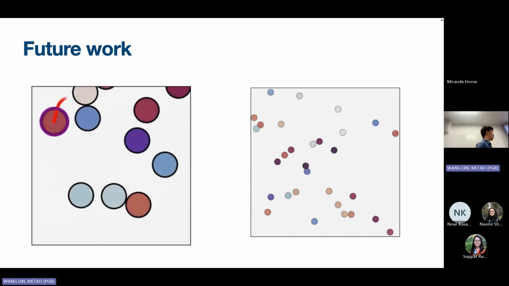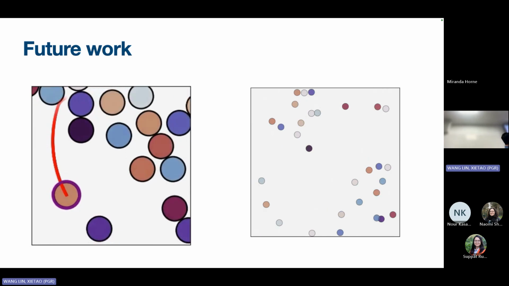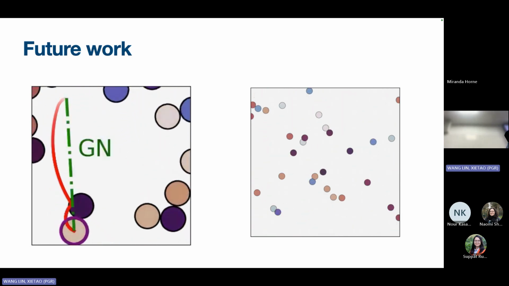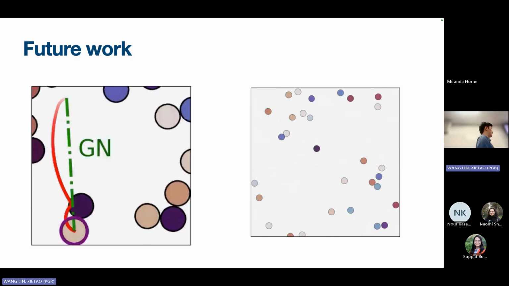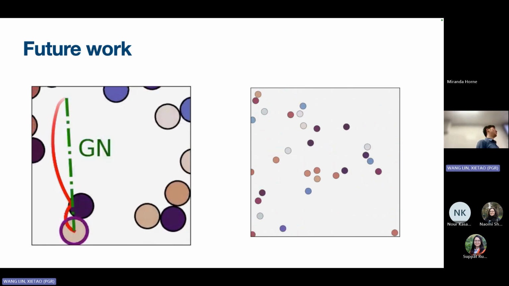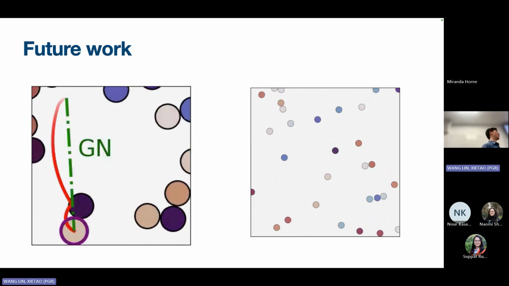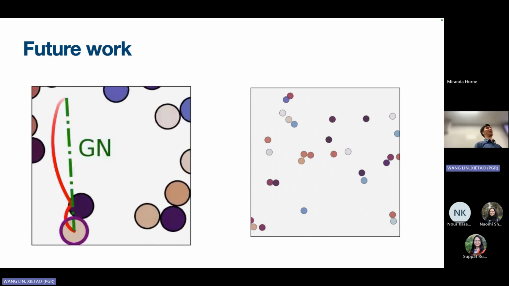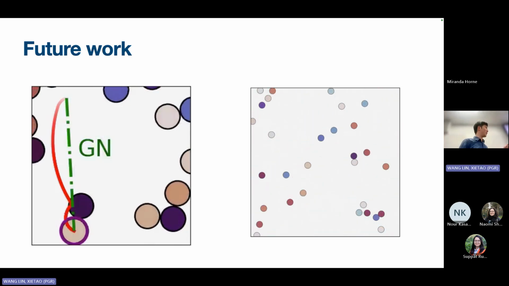So what we did before is just predict the future position, but you can imagine that with noise, rather than having one position here, we have a whole distribution of possible positions, which suggests that we need to model the distribution. And in machine learning, we call this generative modeling. So what we're trying to do right now is couple the graph neural network with a generative model. Right now we're looking at diffusion, but I think that's all for me.